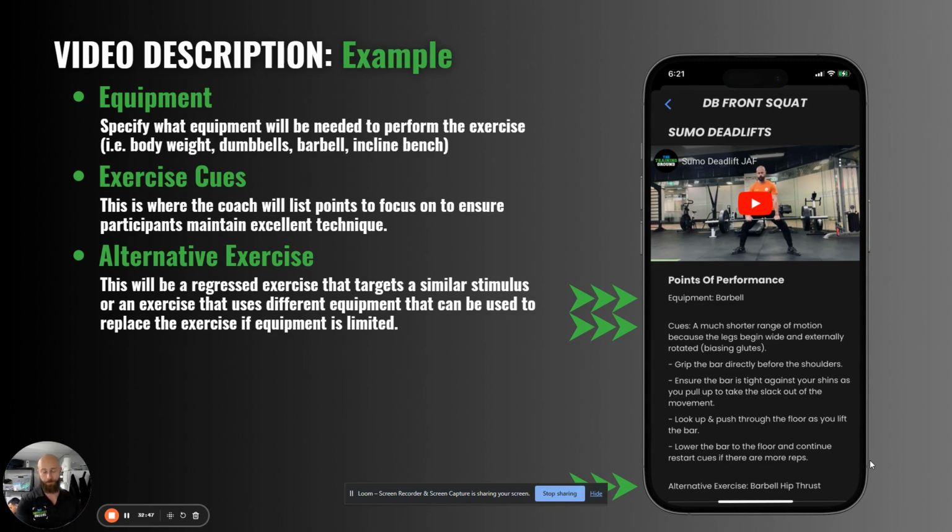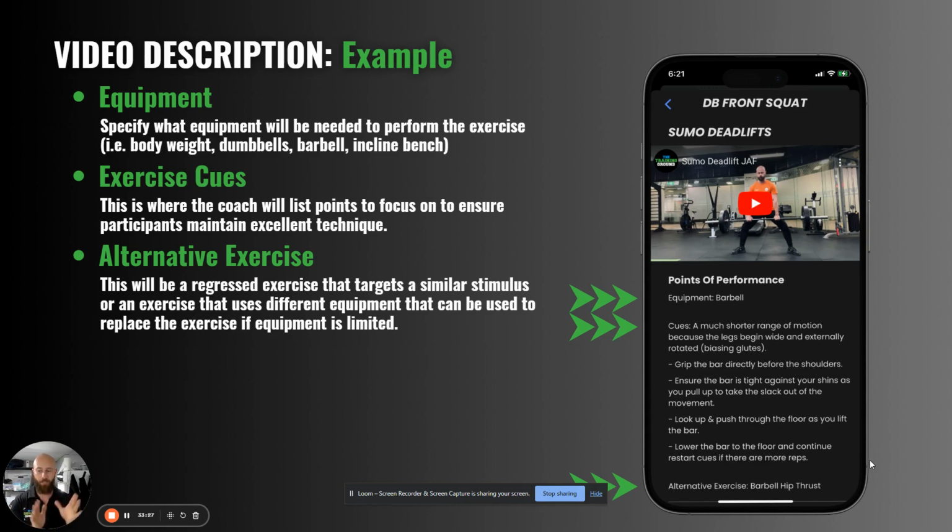Keep in mind, there will be sometimes, like last night, I loaded in the dumbbell pullover video, but I just noted in the description of the movement to use a plate weight. We didn't have plate weight pullovers as a filmed exercise, but we had dumbbell pullovers. So the piece of equipment we used was a little bit different to the video, but I just put that in the description. So there may be variances, but otherwise there will always be the equipment needed for the exercise listed first. It will have exercise cues.